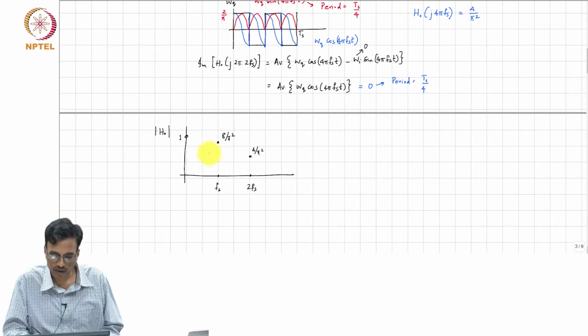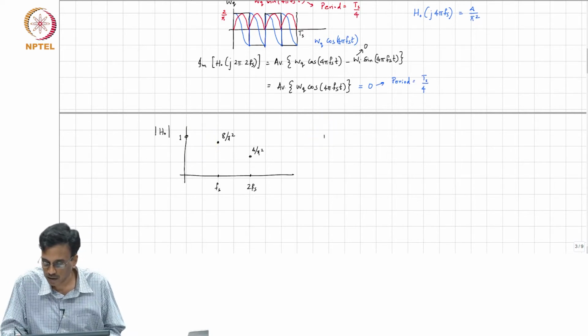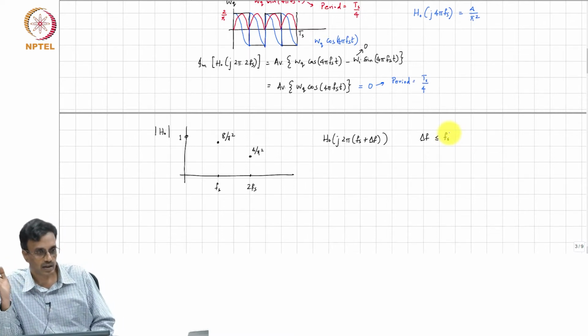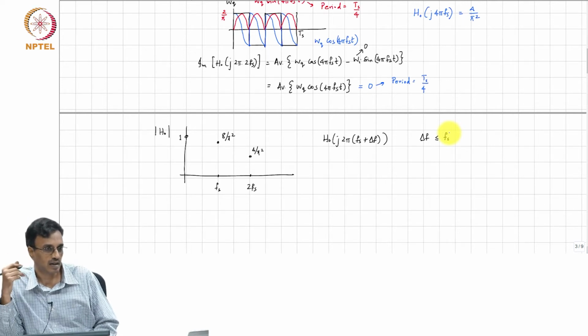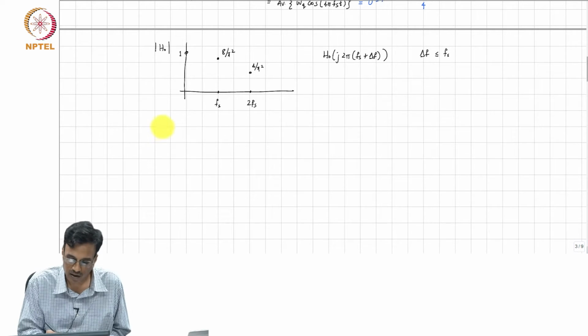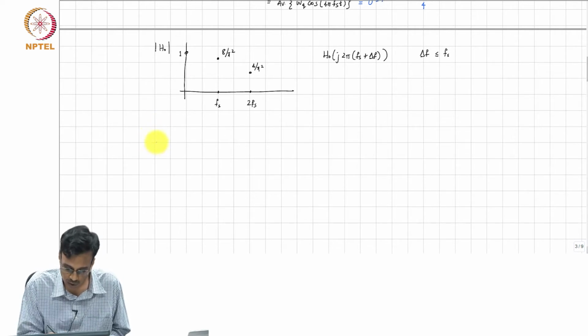So, the question is what happens in the middle, right. So, for example, what is h of j 2 pi Fs plus delta f, where delta f is much smaller than Fs, right. So, we change the frequency from Fs a little bit, right, the input frequency, what do you think will happen to the output? And to do that, I am not going to get into the details now, but I am just going to give you a rough idea of how to proceed